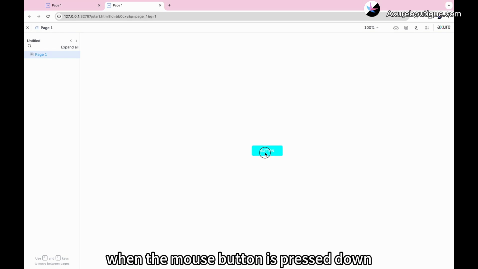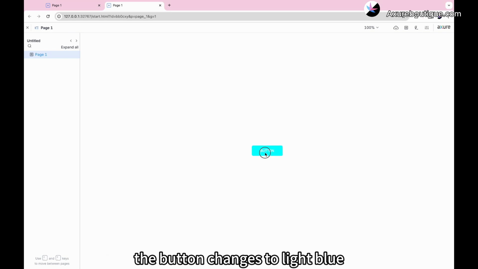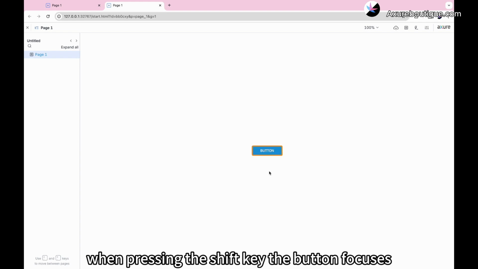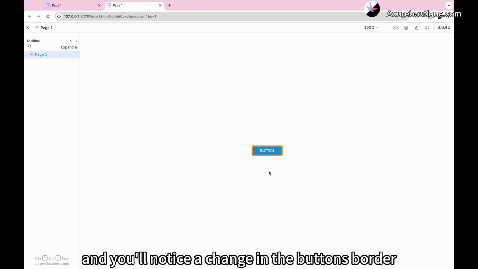When the mouse button is pressed down, the button changes to light blue, and when released, it returns to its original color. When pressing the Shift key, the button focuses, and you'll notice a change in the button's border